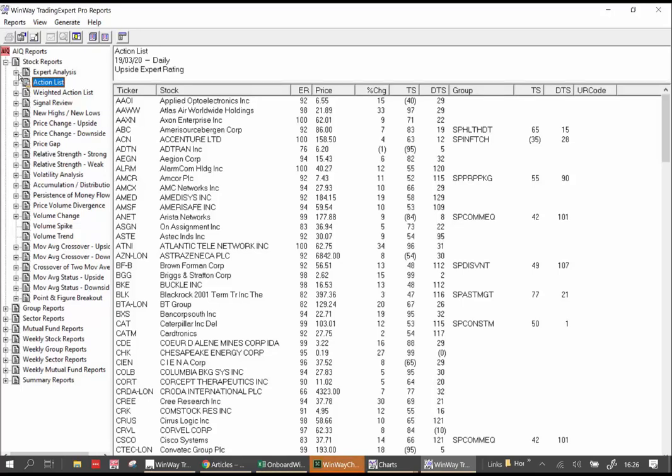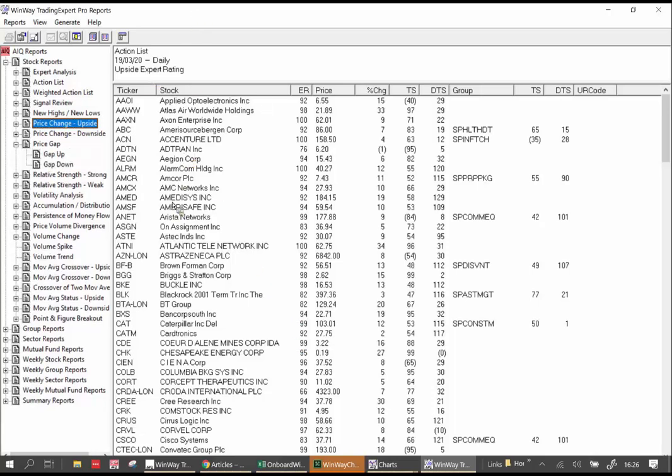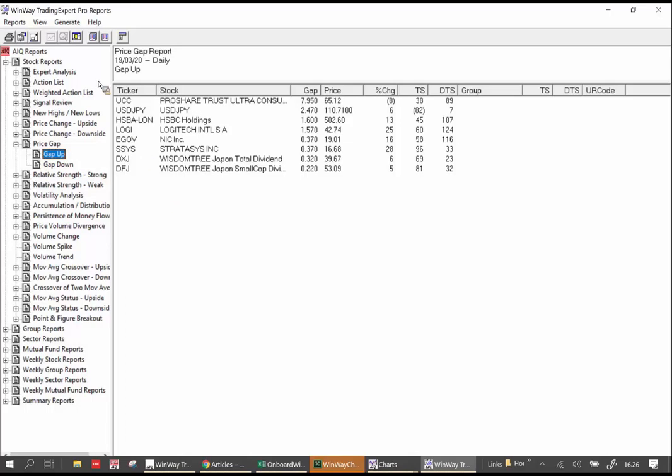So, as you can see, in terms of reports, there are lots of other reports with price changes to the upside. Ones with price gaps, if you're looking for a gap up. These are all stocks which have had a gap up today. Probably a bounce, but nevertheless a gap up. So let's look at those. We'll call it gap up. And again,